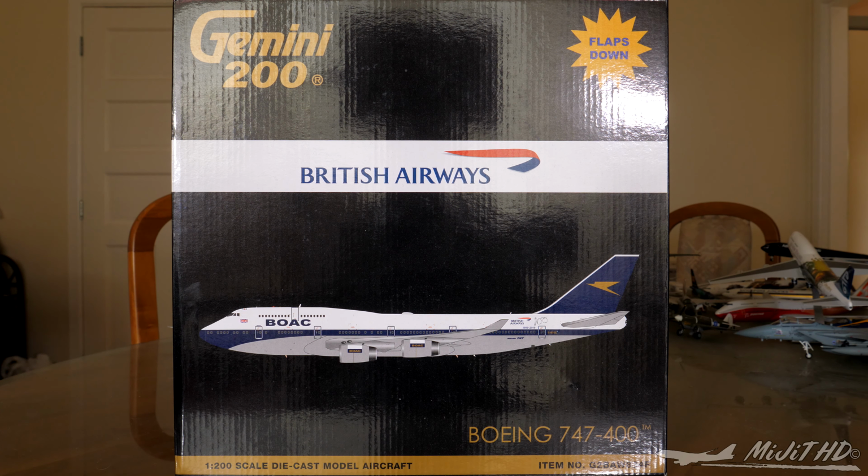Some information about British Airways. Their operations base is out of Waterside in Harmondsworth, England. The main hubs are London Heathrow Airport and London Gatwick Airport. They were founded on the 31st of March 1974 after the merger of BOAC, British Overseas Airways Corporation, and BEA, British European Airways. Their fleet as of the 18th of December 2019 consists of 303 aircraft, 32 of which are 747s. They serve 183 destinations across the 6 inhabited continents, and their current 747 routes are from London Heathrow to